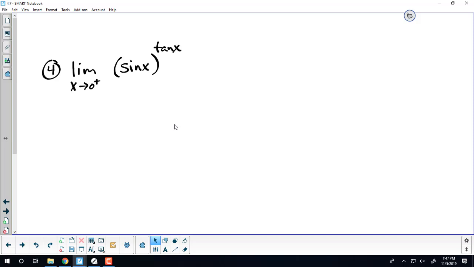Then you have 1 over sin x, which becomes tangent x in the limit. Oh, okay. There's a lot. I see. So you have, so that's just the same. How does